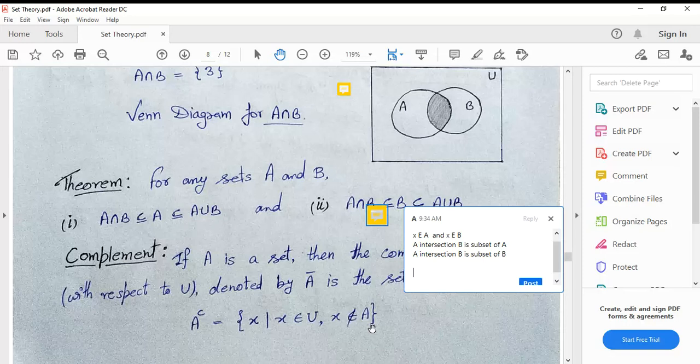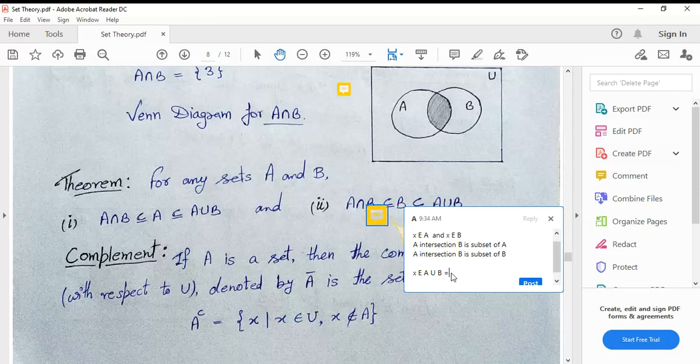So how can you show this? Again we take an element x that belongs to A union B. What does this mean?